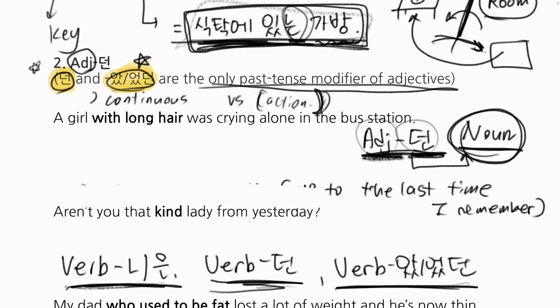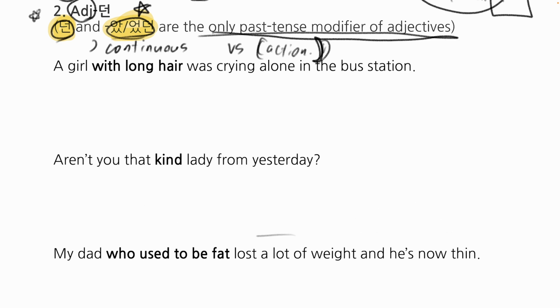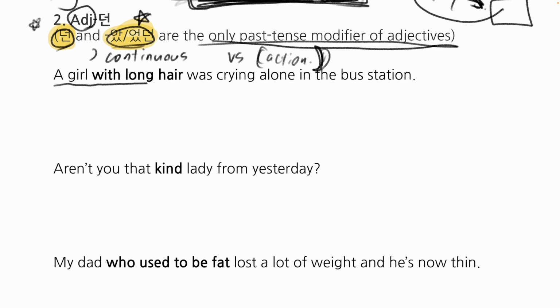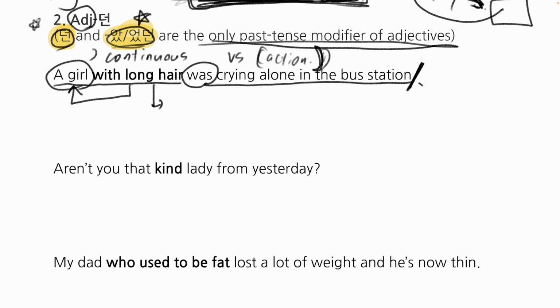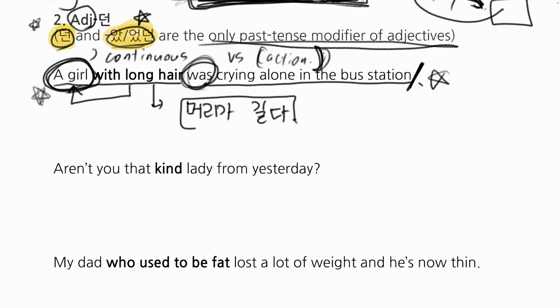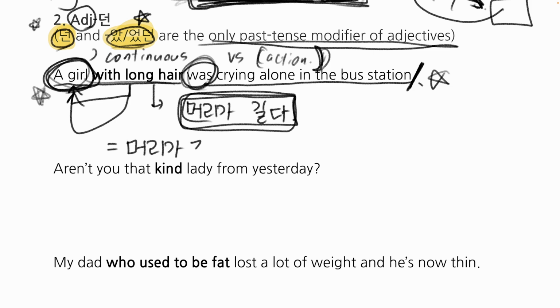So let's try translating these sentences that I brought. A girl with long hair was crying alone in the bus station. So a girl with long hair. To have long hair is 머리가 길다. And since this is a girl that I saw in the past, right? It could be yesterday, it could be last week. We're not sure when, but it's definitely something that happened in the past. So we can use the past tense adjective to modify a girl. So a girl with long hair, you can translate it as 머리가 길다 plus 던. 머리가 길던 a girl,